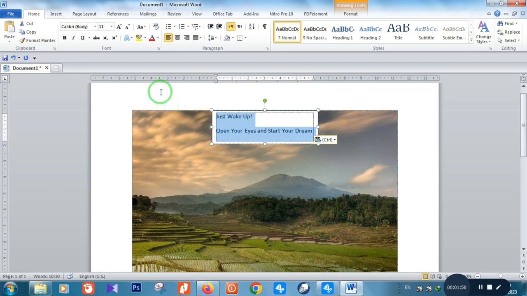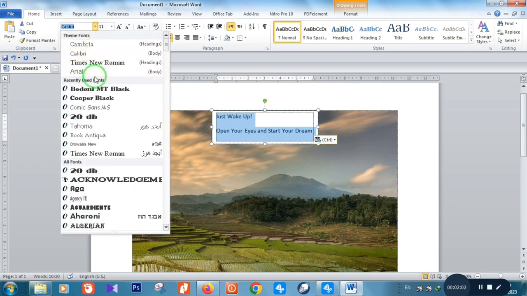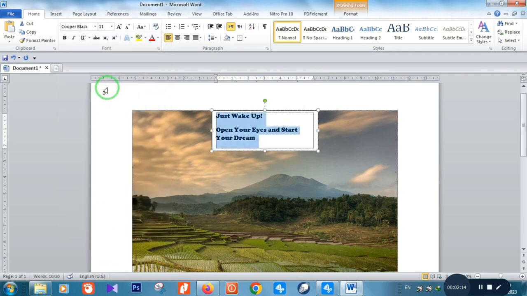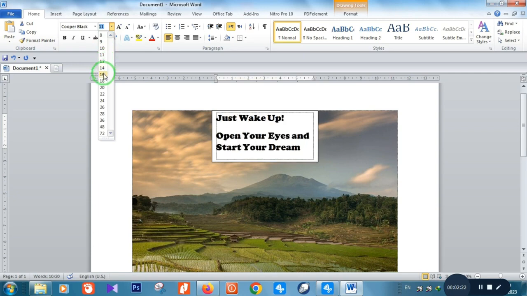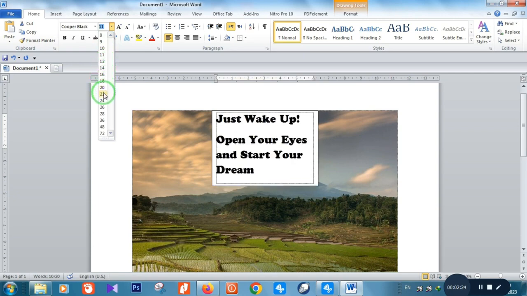and I can change my font by choosing home, and then here is the tool that we can use to change the font. You can choose any font here, any font that is suitable to the image that you have. Okay, I choose Copperplate Black. This is only an example, and here you can also choose the size of the text that you want, and I will choose